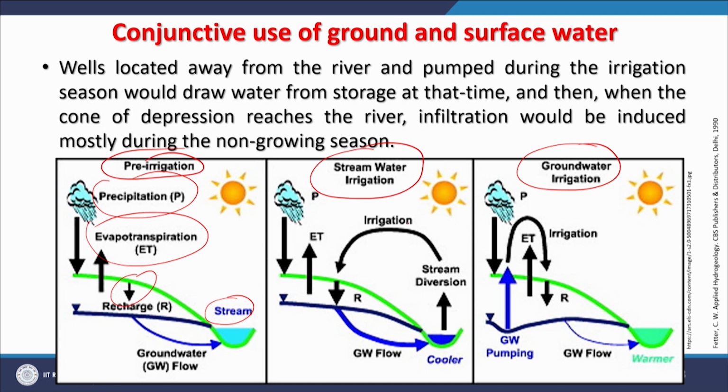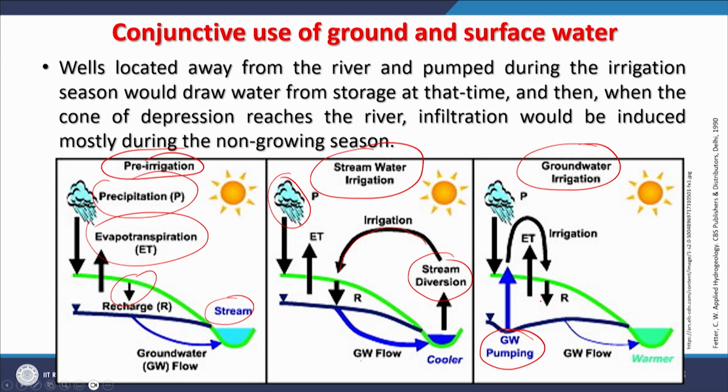Now, when you have stream water irrigation, when you are bringing water for irrigation from a stream, then stream diversion might take place, irrigation is being done, and of course, the groundwater flow continues towards the river or stream, and at the same time input is there, fantastic. Similarly, when groundwater irrigation is being done, what is happening? You are lowering the groundwater table and irrigating. So, you are inducing here